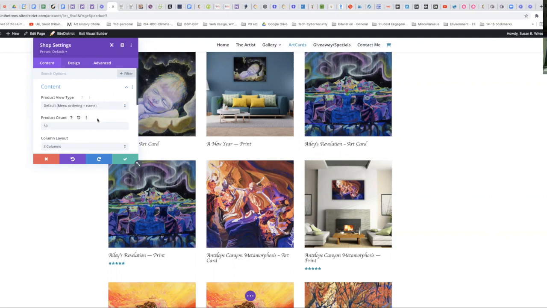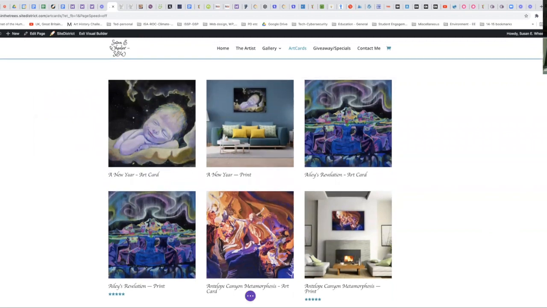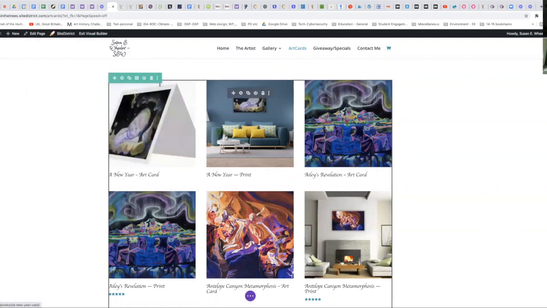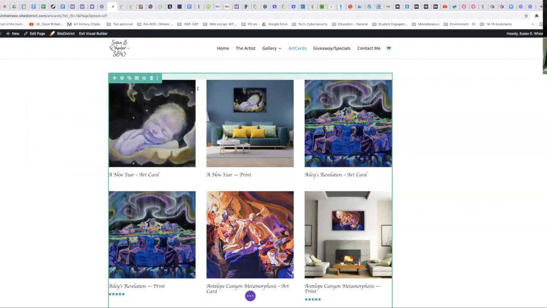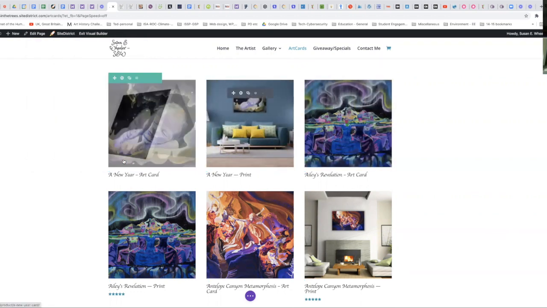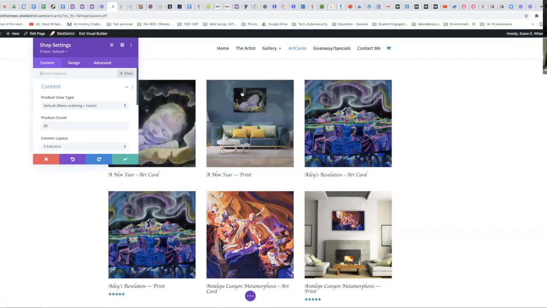Product view type count. Well, let's just hit save, but now let's see, green, settings, column, link, background. This is where Divi is so complicated. Look at that, the rollover works. How come the rollover works? Well, because it's the shop. I think the shop has it built in. But what I'm not seeing yet,